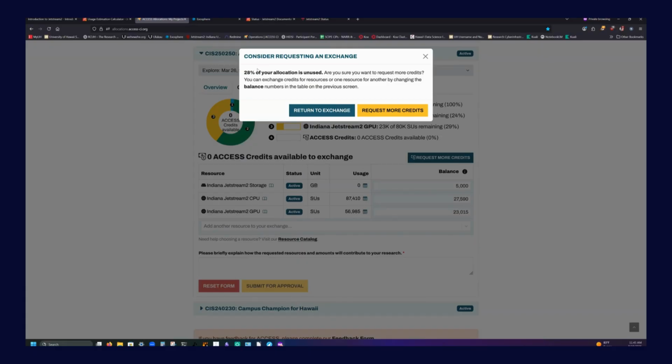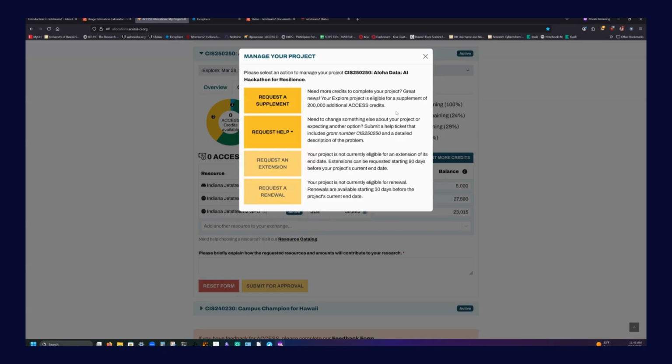So, one of your options is if you have a lot of credits exchanged in a resource that you're not using, you could instead go back to that resource, reduce the amount of credits, and then exchange it for a different resource. But if you find that you're low and you need more, then you can instead go to request a supplement. Here, there's a whole 200,000 on this allocation that has not